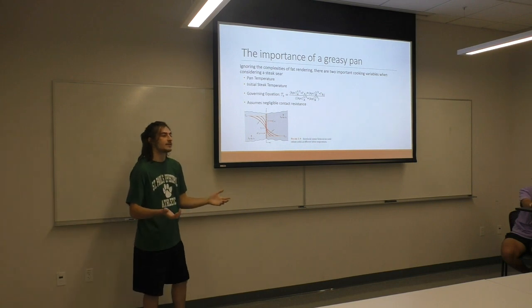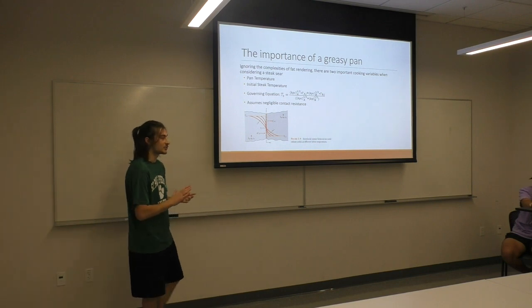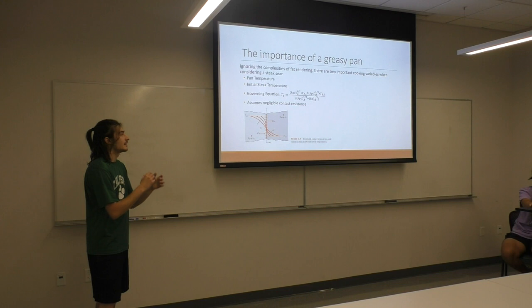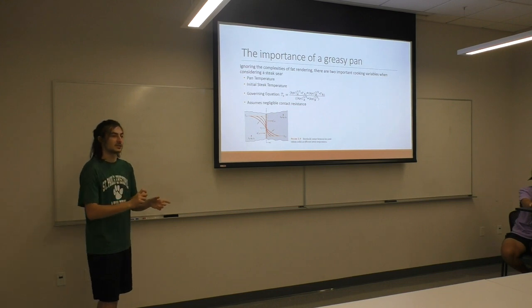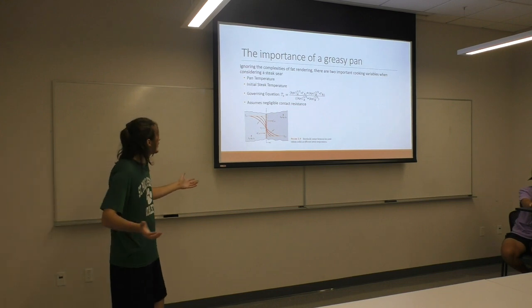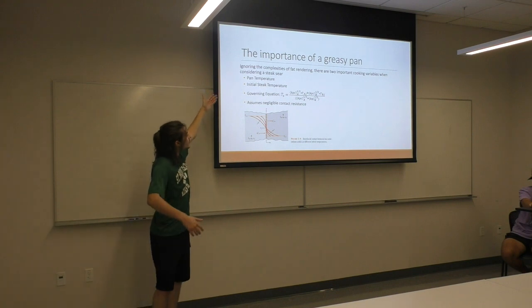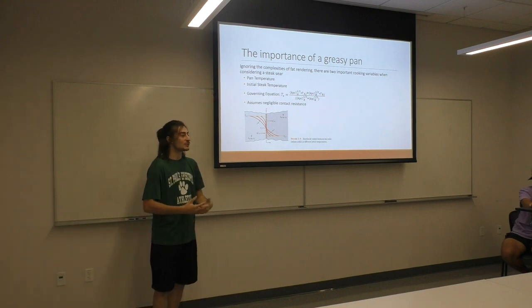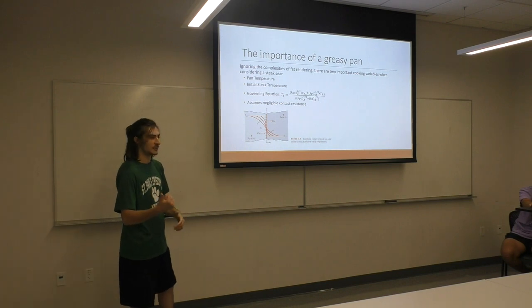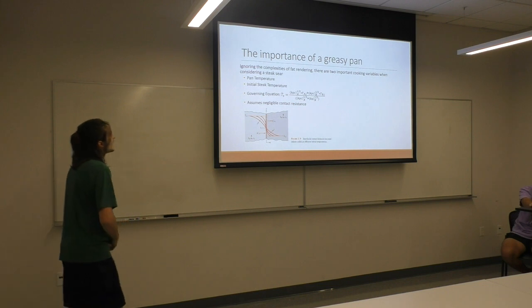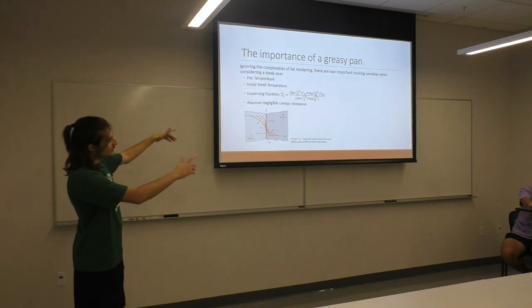When they come in contact, they're going to immediately reach some sort of surface equilibrium temperature, and that is going to be the boundary condition for your steak cooking. Looking at this governing equation, it's mainly just reliant on the thermal conductivity of your beef, which was a really hard number to track down, and of your pan. And as you can see, if you go to the next slide,